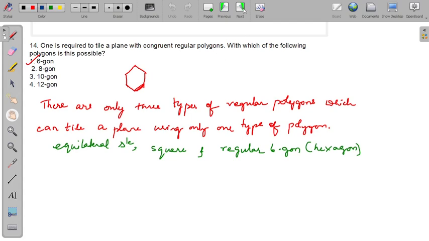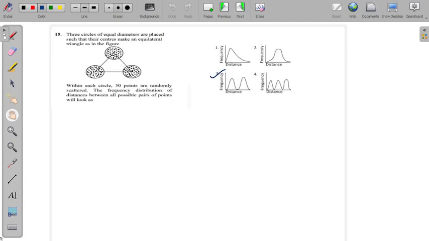Now, 3 circles of equal diameter are placed such that their centers make an equilateral triangle, as in the figure. Within each circle, 50 points are randomly scattered. The frequency distribution of the distances between all possible pairs of points will look as